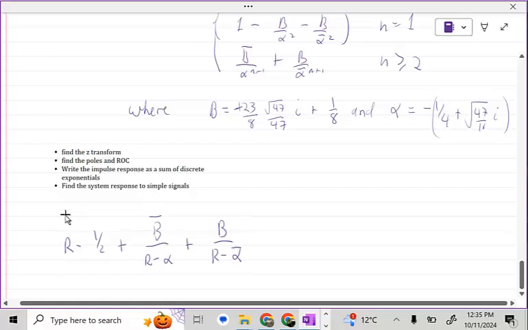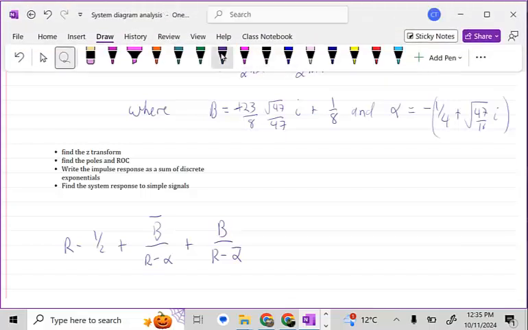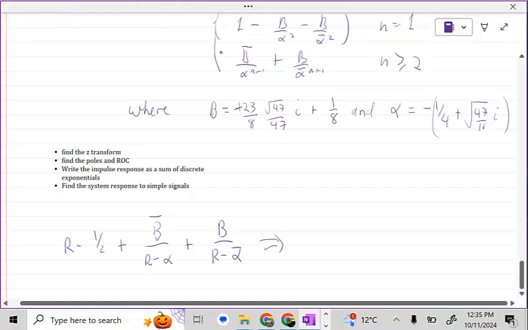So r goes to 1 over z. 1 over z plus 1 minus 1/2 plus b bar over 1 over z minus alpha plus b over 1 over z minus